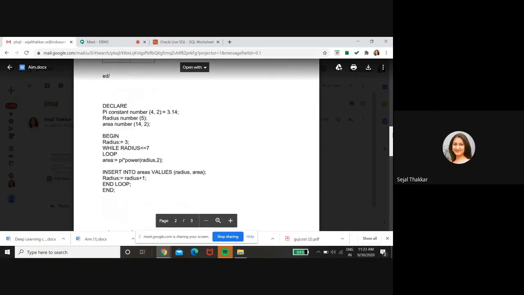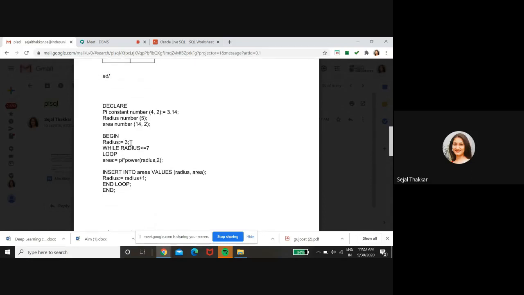So you have to write radius is equal to 3 in a while loop. The while loop you write in C programming has a slightly different syntax, but you can write it. And for any loop, we know there are initialization, condition checking, and increment. For all loops this is the common thing, whether it is a for loop, a while loop, or any other loop. A loop consists of 3 portions. The first portion is initialization of the value. The second portion is condition checking, and the third portion is increment or decrement.